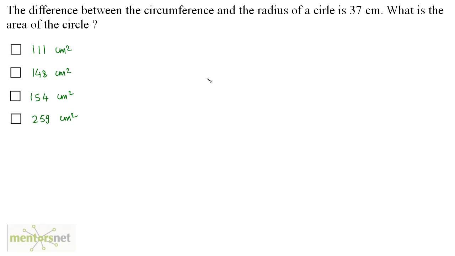The difference between the circumference and the radius of a circle is 37 centimeters. What is the area of this circle? Well, we have been given the difference between the circumference and the radius, and that's 37. Well, what is the formula for circumference? That is 2 pi r. So 2 pi r minus r on the left hand side, and on the right hand side we have 37, right? So if I take r common, I get 2 pi minus 1 is equal to 37,